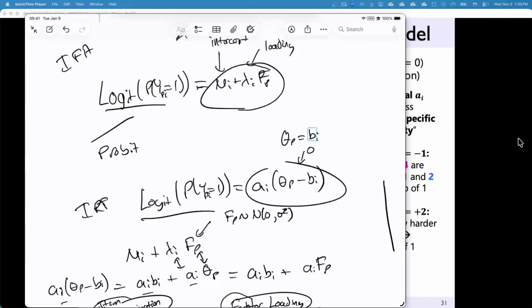So in that respect, B corresponds to the value of theta where a person would have a 50-50 chance of responding with a 1 on that item. So the higher B gets, the higher the ability must be for a person to answer the item correctly. If we put this in the education context, the more difficult an item is, the more ability it takes to have a 50-50 chance to answer it correctly. So difficulty is what's called the B parameter.